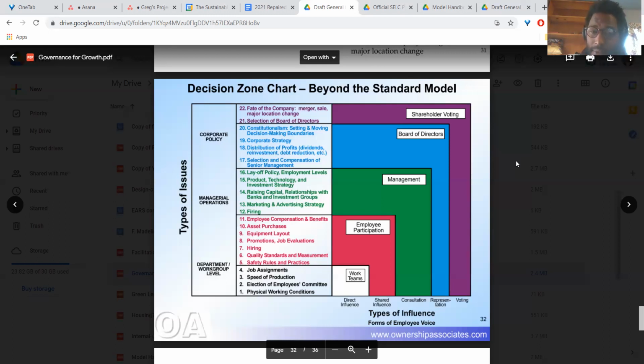And then the most central thing down at the bottom: job assignments, how fast it goes, the kinds of committees and working conditions. Those are also something that we're going to want to figure out. What is our intention around it, and how are we making decisions? Are we allowing folks to be completely self-directed and choose a bunch of those things,